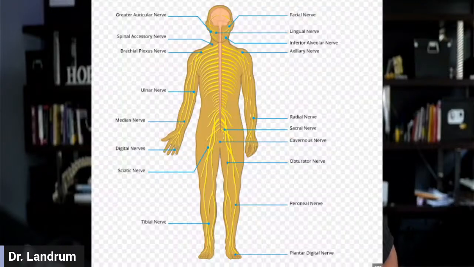So what does that look like when we start talking about nerves as a whole? Well, the nerves that we will sometimes talk about intervening on could be things as plentiful as greater auricular, facial nerve, ulnar nerve, median nerve in the wrist for carpal tunnel, radial nerve, obturator nerve, sciatic nerve, peroneal, tibial nerve. So all these various different nerves. And I know it seems like a lot, but bear with me.